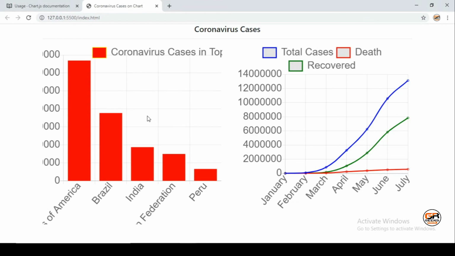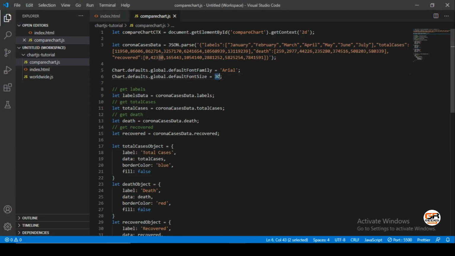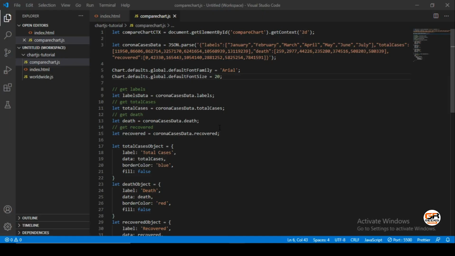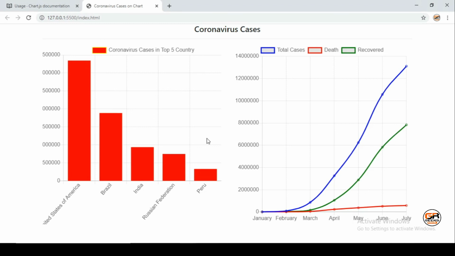Oh, it's too large. Just make it 20. Yeah, even too large. Let's put 16. Yeah, it's good. You can see here we have increased the font size and font family.